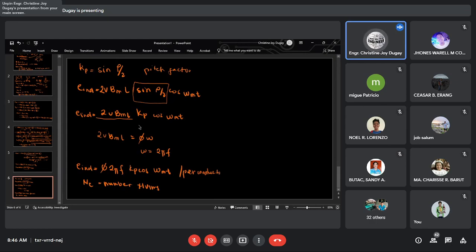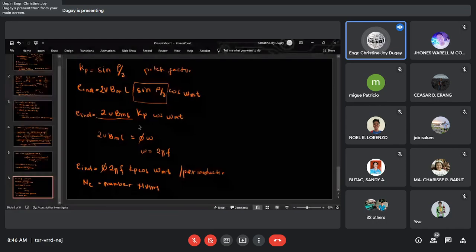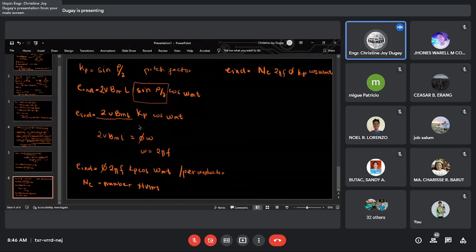How about if ilan na yung number of conductors natin? O ilan na yung number of turns natin? So, you are just going to multiply it to the turns. So, ang i-induce natin ngayon, that is equal to NC, and then 2 pi f flux Kp cosine of omega m t. And then, kung kukunin mo ngayon dito ang peak voltage natin or yung Emax po natin, ano po ang gagawin natin kung kukunin natin si Emax? Emax is equal to